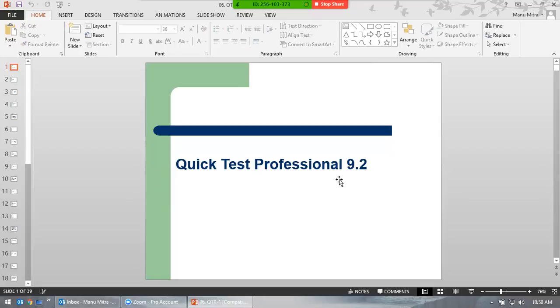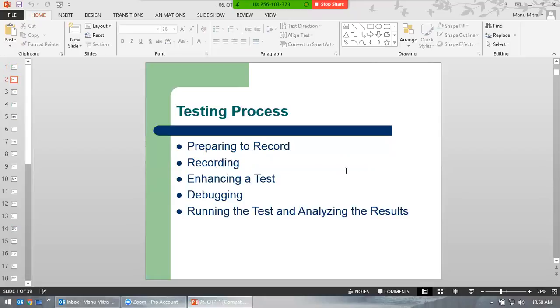Okay, so let's talk about this QTP. Either way, doesn't matter, QTP, UFT or Selenium, this process remains the same. So what we are talking about is process. Just don't get used to that tool, thinking, no, I only know that tool, I don't know that tool. It's not the case. Here the case is similar